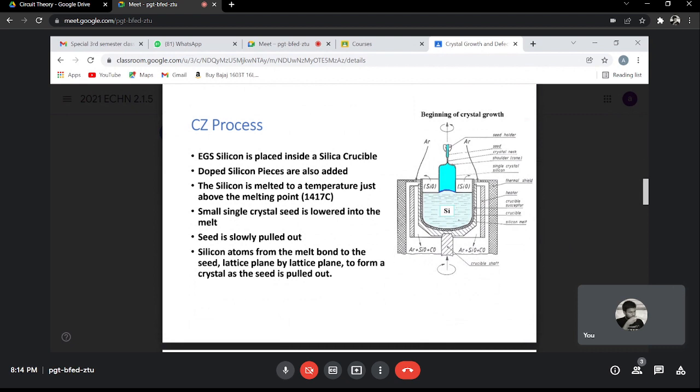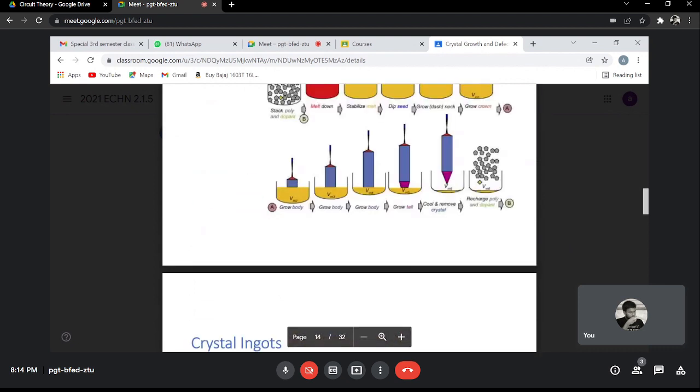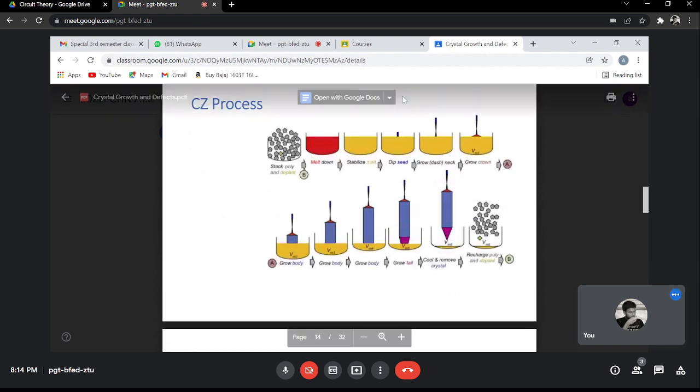So that little seed now gets larger and larger. Let's look at it here. So this is the way it is. You take here. Can you see the seed is touching the surface? Third one. And then as you start pulling up the seed, the solid part